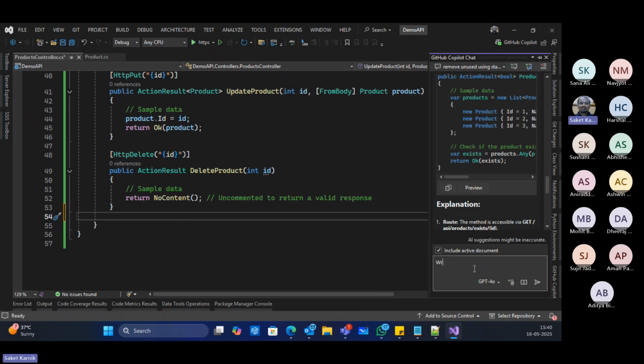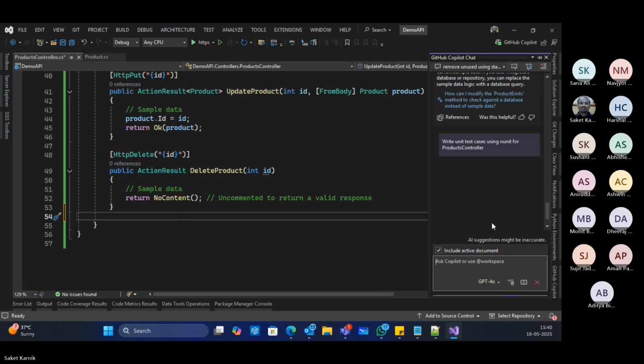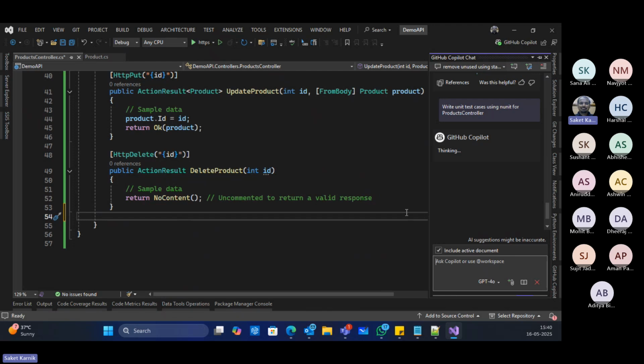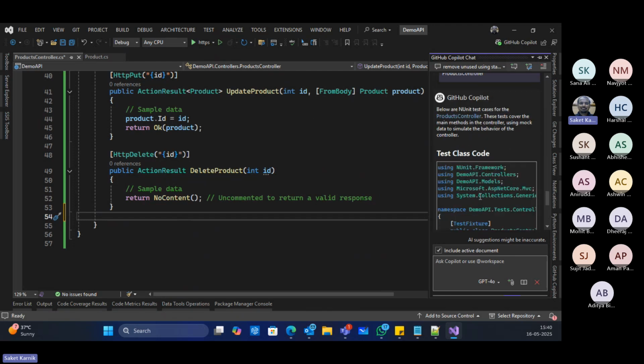I can also say write unit test cases using any unit framework for products controller. Whatever is compatible with .NET and Visual Studio, it will just take that as input.